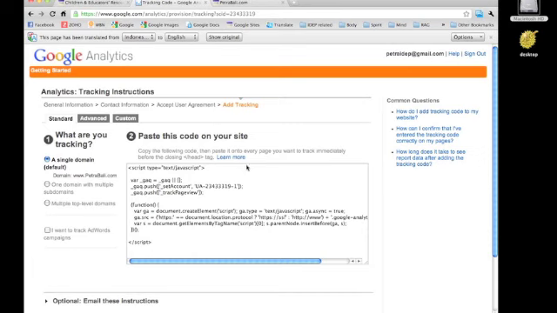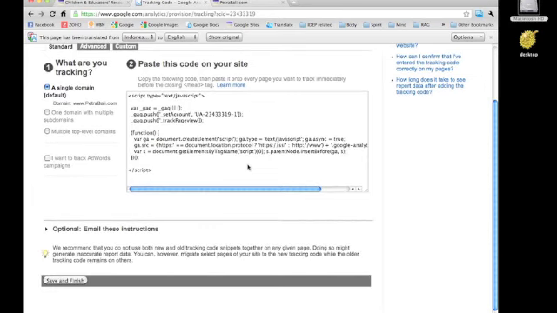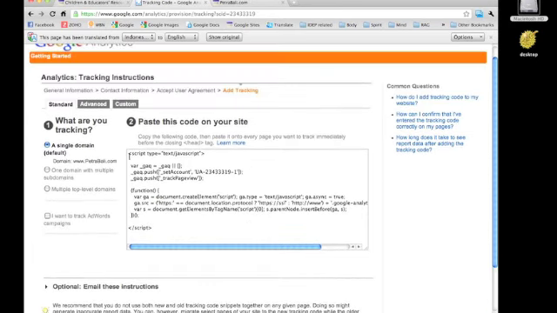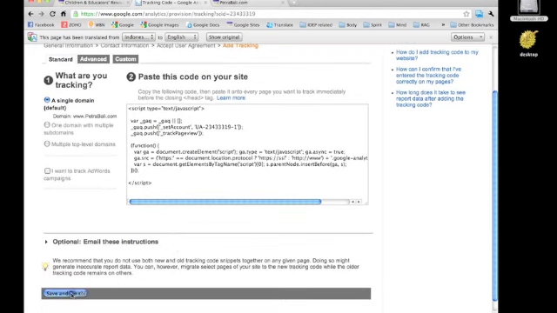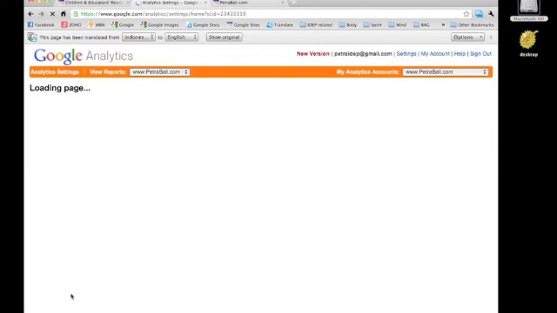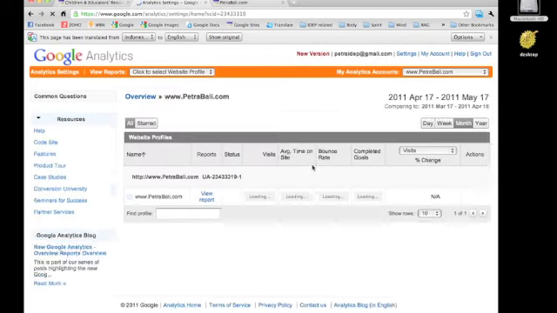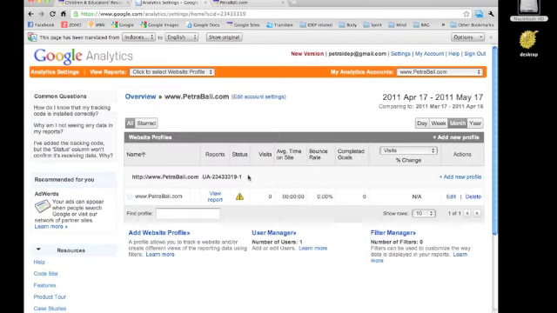Now, with a Google site, it's a little bit unique how you do this. So you don't need to use this code. You just click on Save and Finish. This is one of the great things about different Google products. They work well together. And then in here you'll have this is the URL, and then you'll have this code here. So you just copy that code,